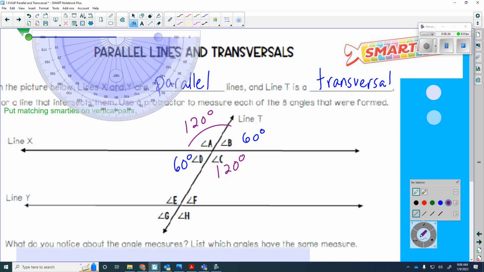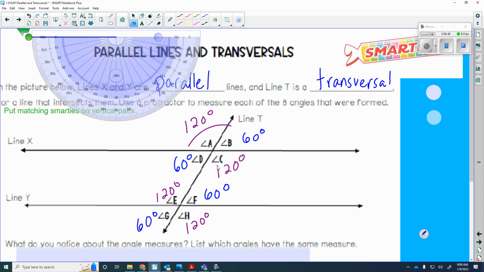120. Now, you could go ahead and measure E, F, G, and H, but do you think that you need to? Good. How much is angle E going to be? 120. How much is angle H going to be? 120. How much is angle F? 60. How much is G? 60. Okay? Now that I've done it with a pen, so that these are my notes, or a highlight,